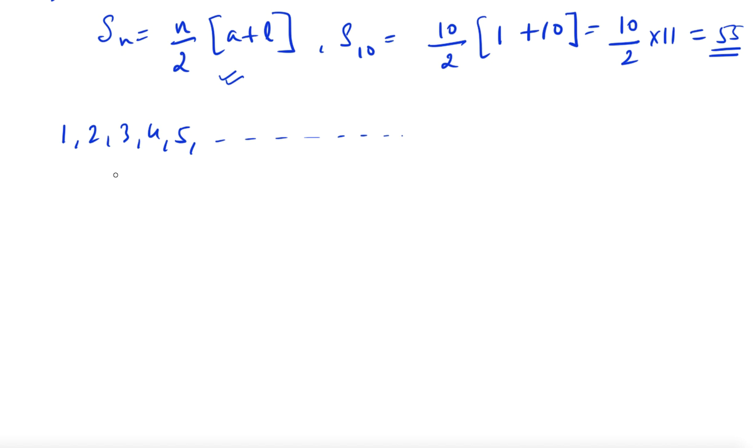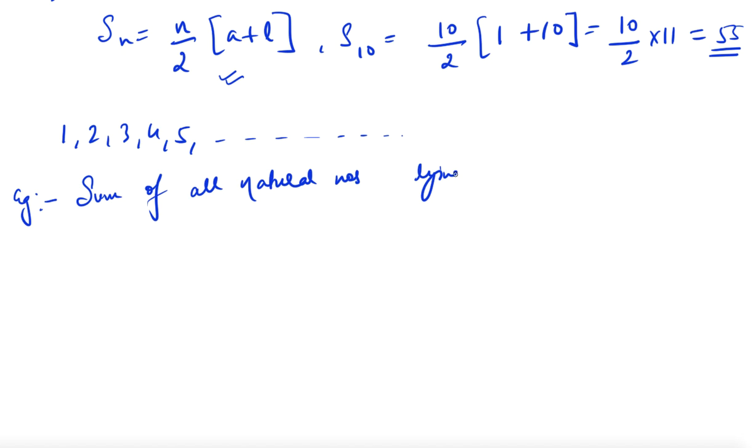So in that case, first you need to calculate the nth term and then you need to add. Okay, let me take a very simple example for you. Let the question be: find the sum of all natural numbers lying